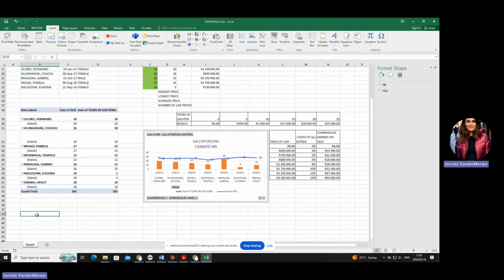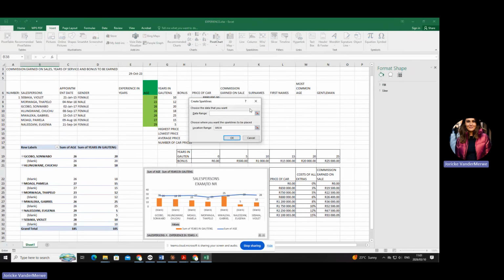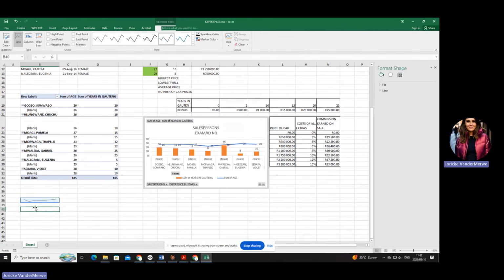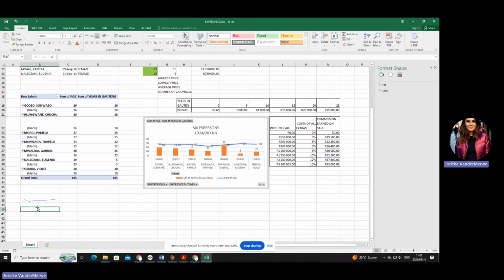So here we are. Click there, insert, line. Okay, what are we using for our data? They are giving it to us as F12 to F13. It's on your question paper. Can you see that? And then what are you going to say? Okay. Now look at what it does. It draws a little fairy graph there for you. Are you with me? Then we're going to go to 40, which is your 30, but we have changed it to 40 to make space for it.